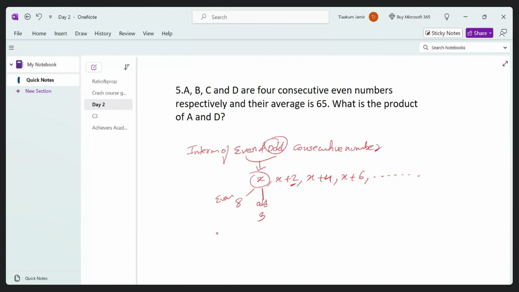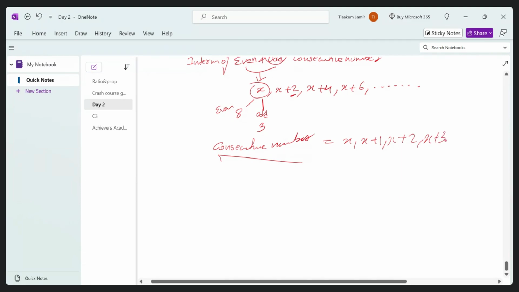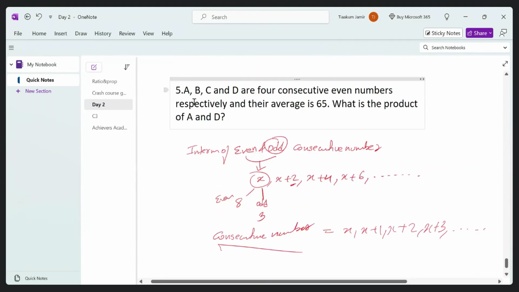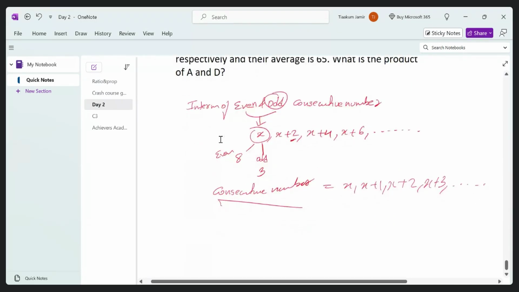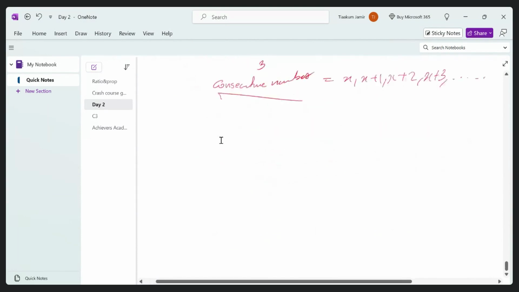However, if it is only about consecutive numbers, then you use x, x plus 1, x plus 2, x plus 3, and so on. Now here, it says A, B, C, D are 4 consecutive even numbers respectively, and their average is 65. So let's say A,